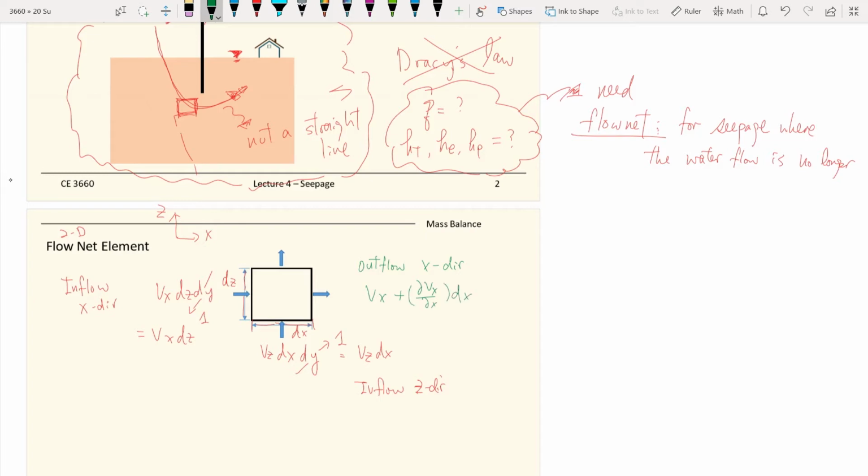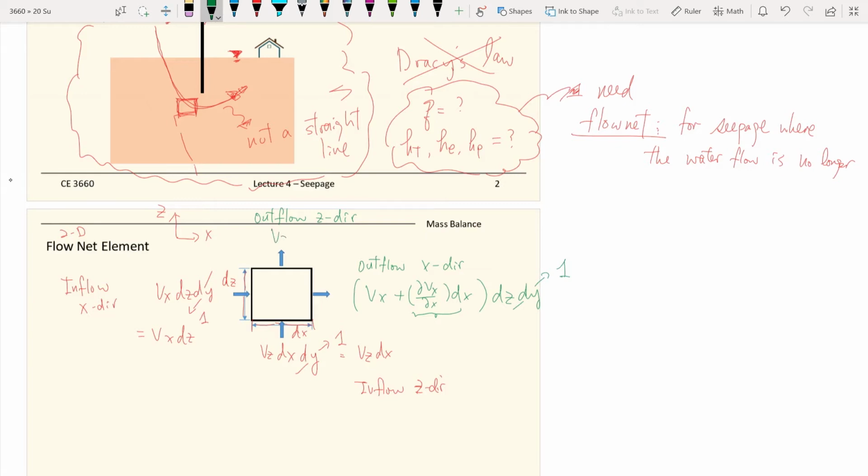This part here is the change of the velocity when you go through the soil element, and then times the area again. The area is dz times dy, and we have the same thing, dy is equal to 1. And for the outflow in the z direction,